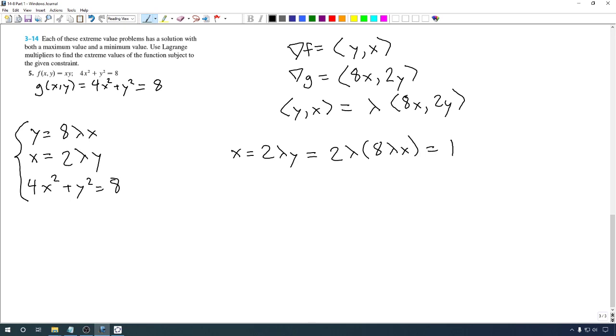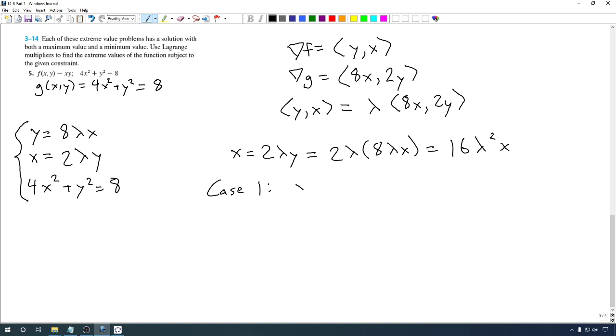Which I can go ahead and write as 16 lambda squared x. So x is always going to equal 16 lambda squared x. Now this leads to two possibilities. I would like to be able to divide out the x to have an equation that only deals with lambda, but x might possibly be 0. So I'm going to have two cases,